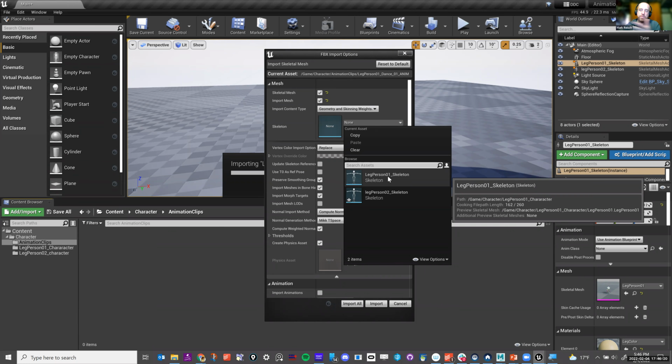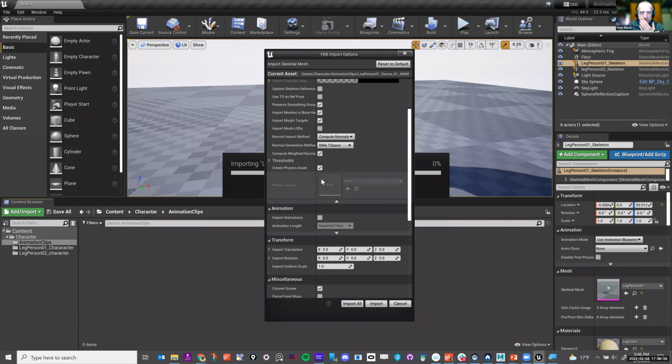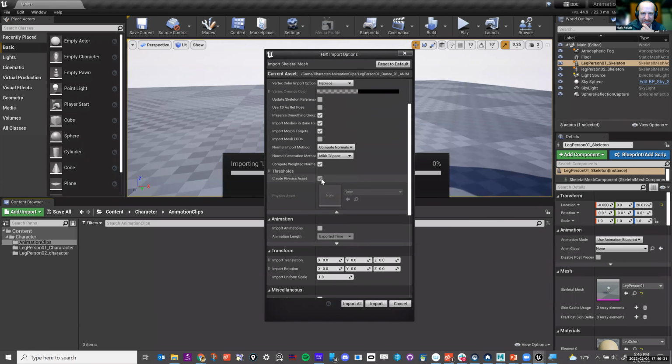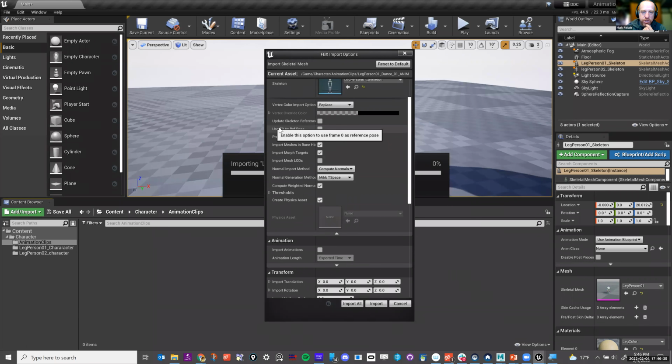And that's where the namespaces come into play. So I click on that, namespaces, all of that stuff works well, and I think pretty much everything is good on this. Sometimes this use T0 as reference pose helps if you're having problems.